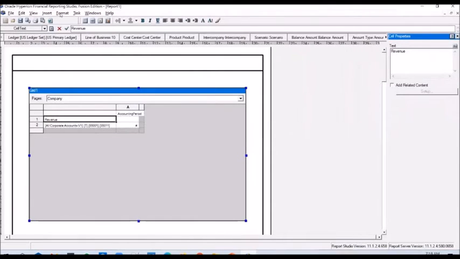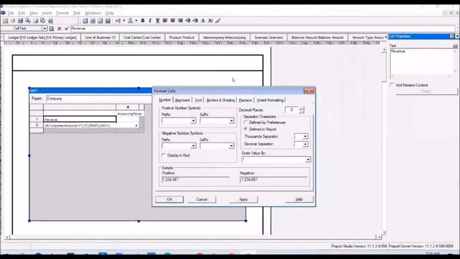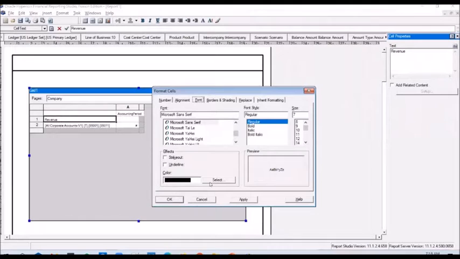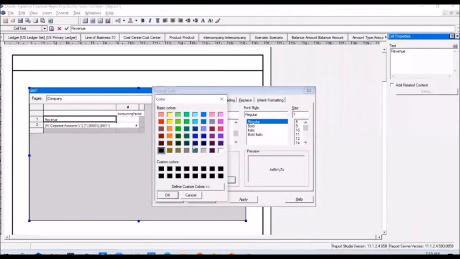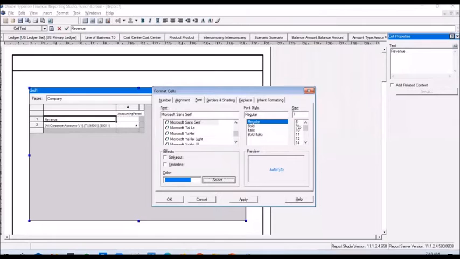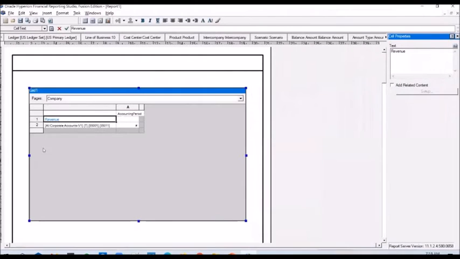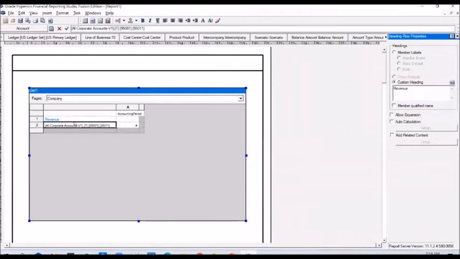You can select the row, go to format, select, and you can change the color as well as the size. So you change the color and you increase the font size as well. Click OK. So that's how you change the formatting.